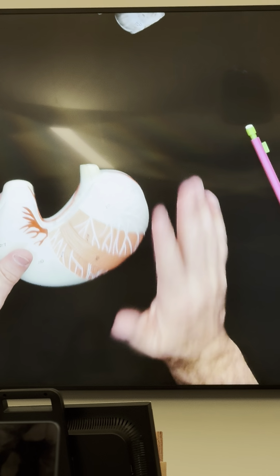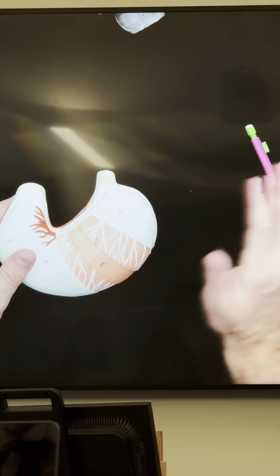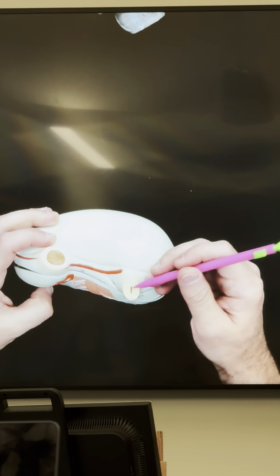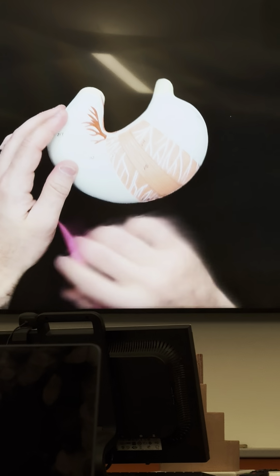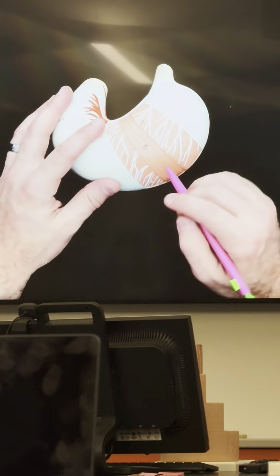Same things, some of them, but also a little bit more. So, you do have lesser curvature, greater curvature. Cardiac sphincter, here would be the pyloric sphincter, but they just have food there and there. Okay? But what we can see on the outside, we can see some more stuff. So we have your 3 layers.